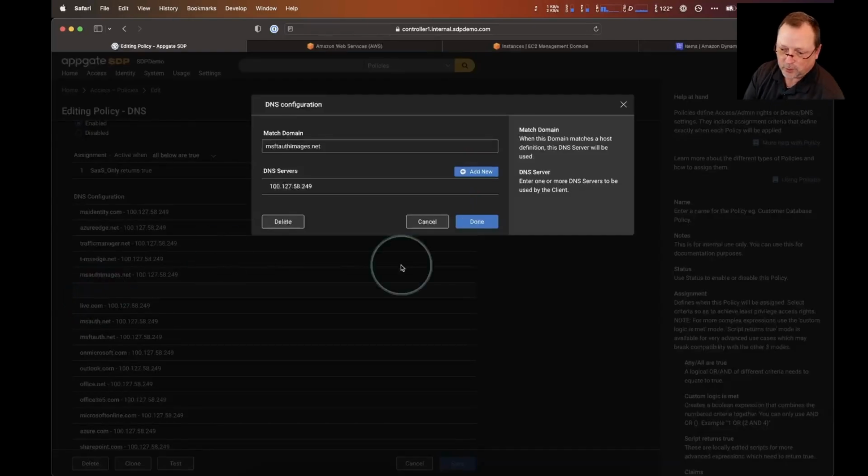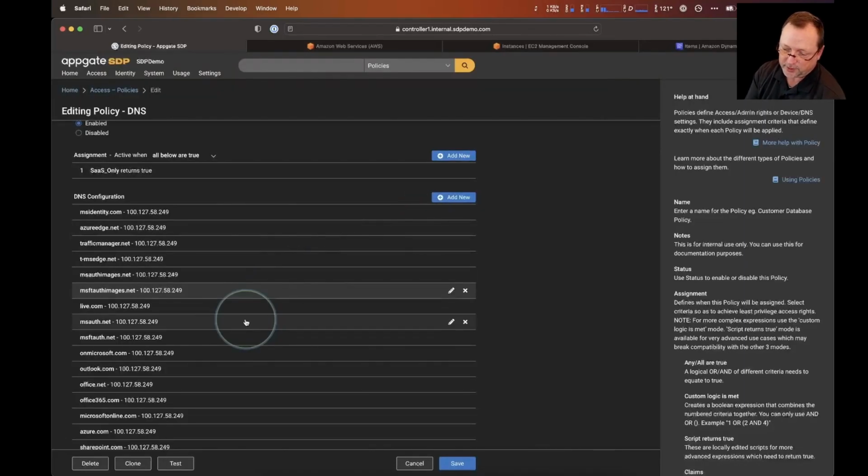And so what we've told Appgate to do is whenever a user sends a DNS request for any of these domains, forward those DNS requests to 100.127.58.249, the special DNS forwarder that we have running in that environment. Now, if I back up another level and go back to my search results and change this to domain: